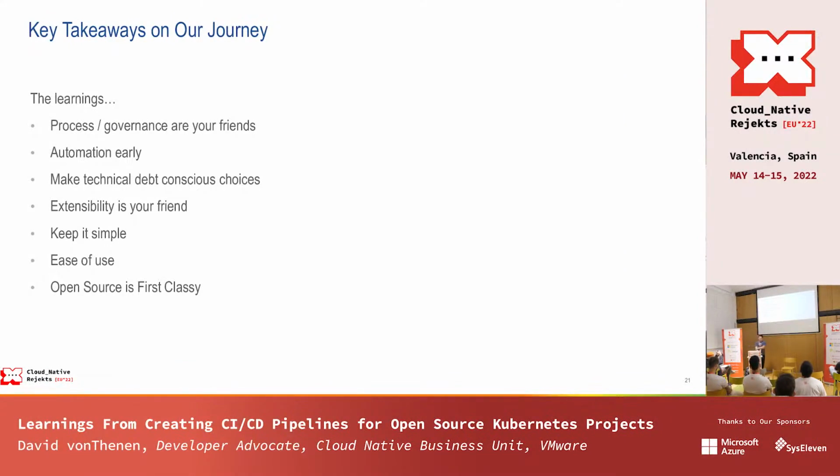Process and governance are your friend. I know most of the time when I say process, a lot of engineers say, oh no, because it sounds like a hindrance. But in actuality, if you do the open source thing, which is, I'm going to have a governance doc, when we have a PR that's open, it needs to be approved by 2 people. You spell that stuff out, you put it in Markdown, you throw it in your repository so everyone can see it.